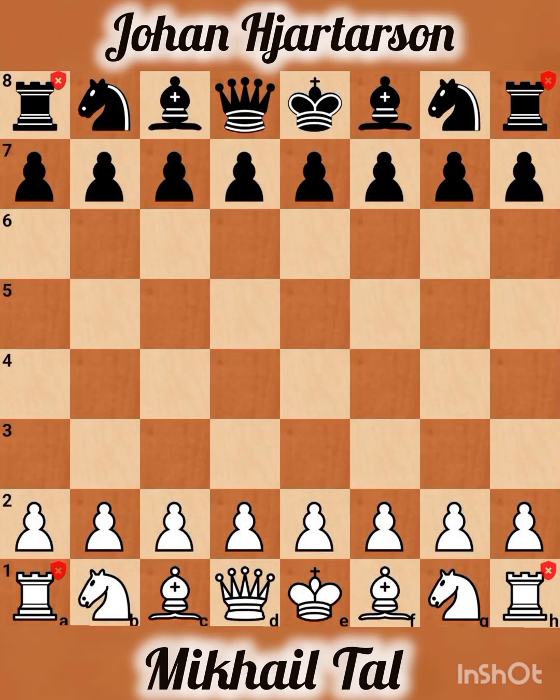Today we are going to analyze the game between Mikhail and Johann Hjartarson, which was held in 1987 and got the title of Broken Hazard. And we have the strongest computer in the world, Stockfish 17, and the game starts with